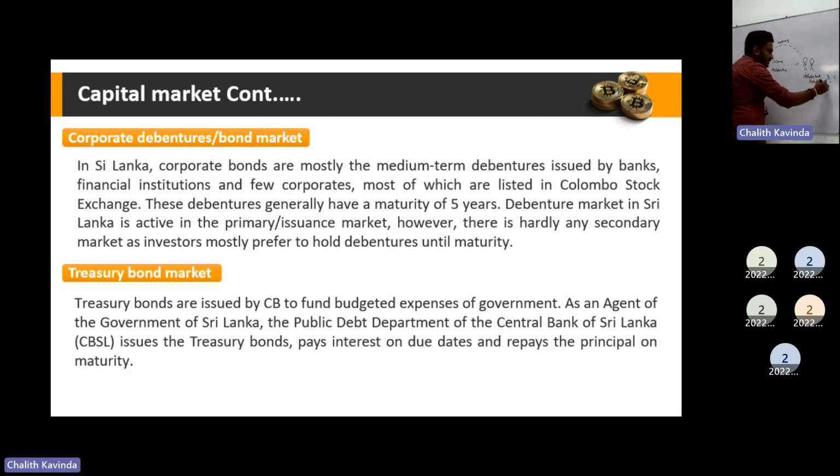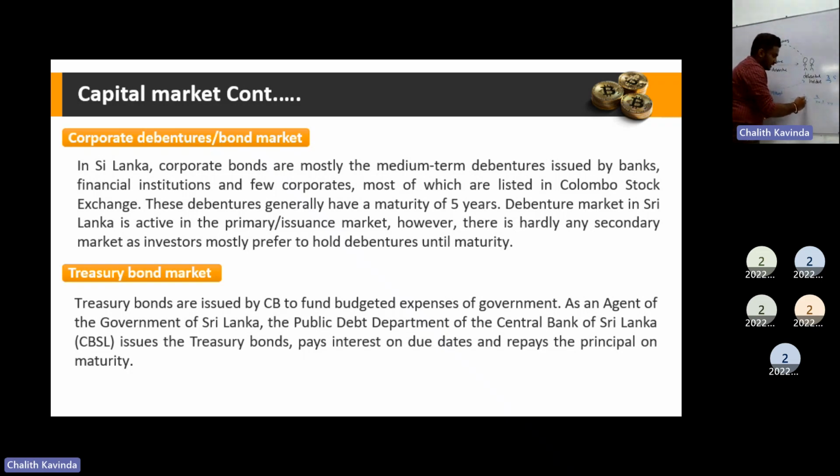During this maturity period, the company has to pay interest to debenture holders, could be annually or semi-annually. Let's say in year 1, they are paying the interest. Year 2, they are paying the interest. Year 3 also, they are paying the interest plus the redemption value of the debenture. The invested amount, the company will pay them back.